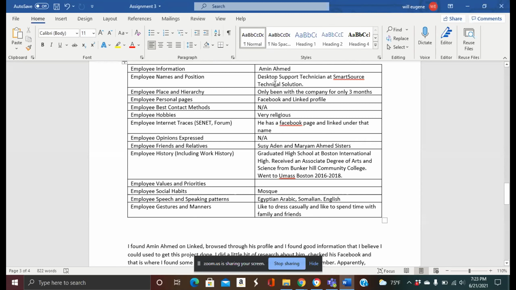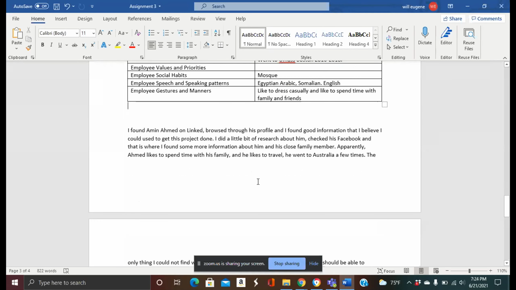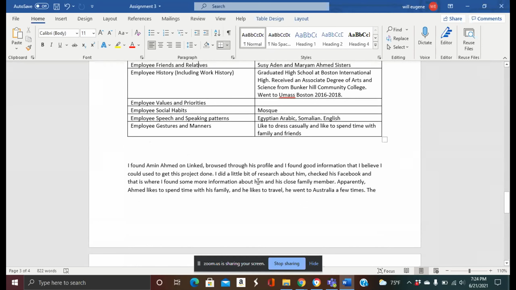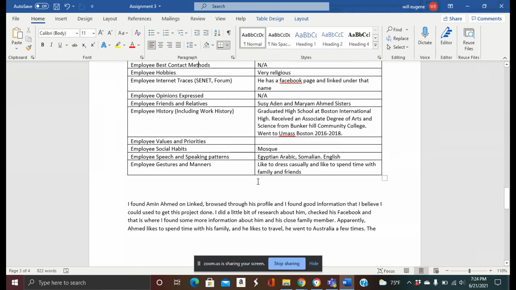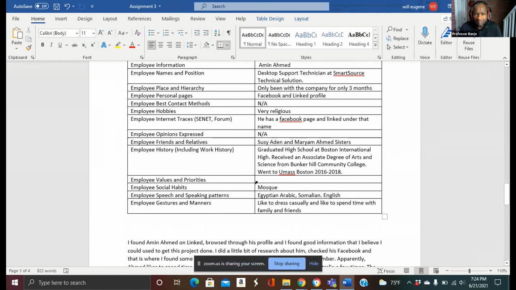Currently he's working as a desktop support technician at Smart Source, and he used to work at, let's see, hold on one second, I have a few places. He graduated, and then community college. He worked with a company for 3 months.